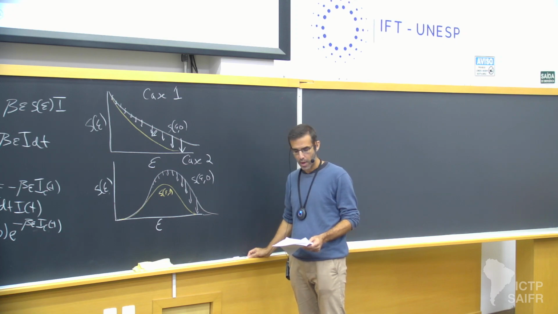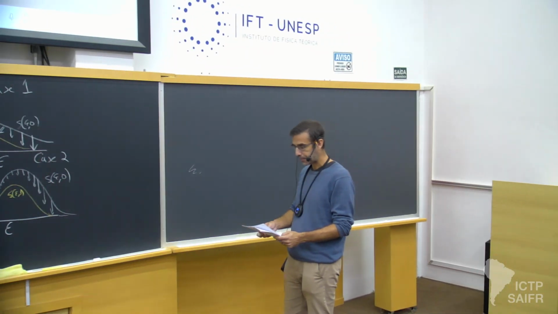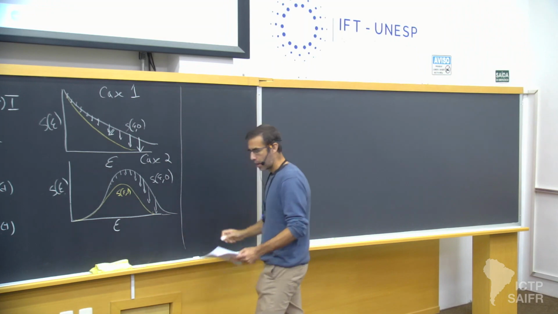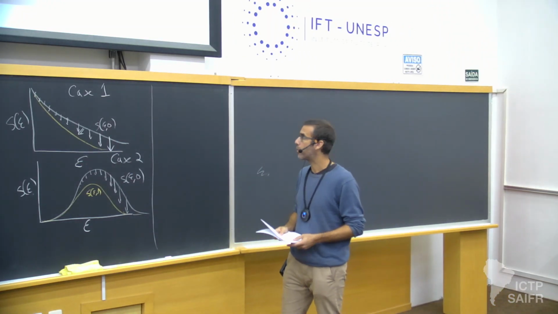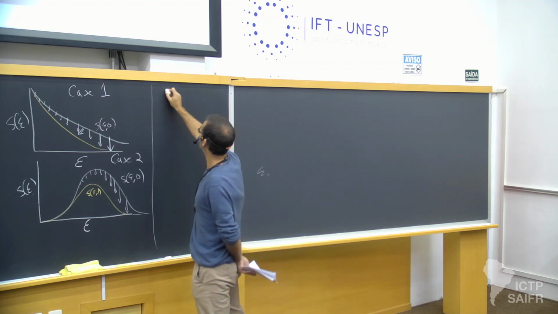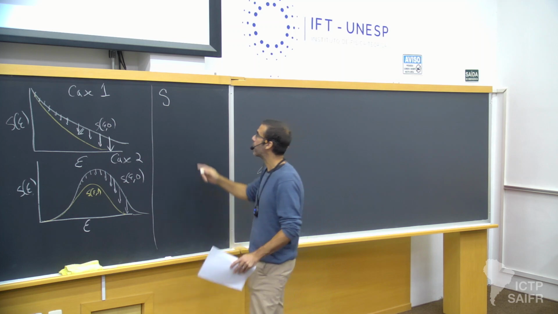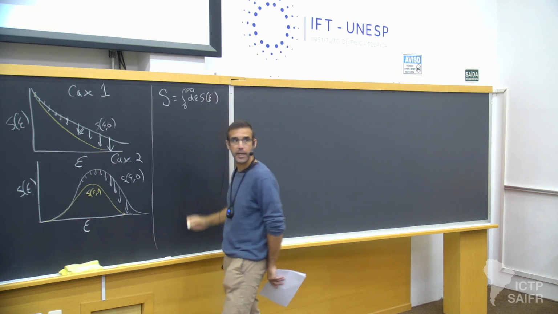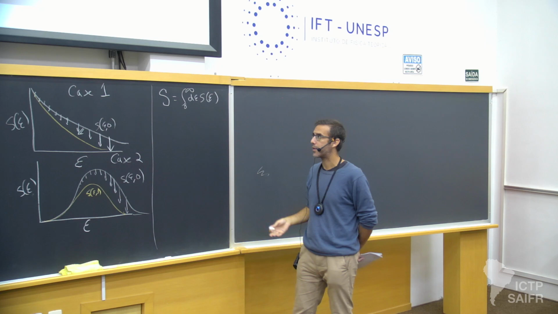Okay. But now I want to go to the population as a whole. And keep in mind that maybe we can say something a little bit more general, but I want to look again at the total population of susceptibles, which is the integral from 0 to infinity d epsilon S of epsilon. If I put it at the beginning, I'll remember not to forget it. That's the total number of individuals.